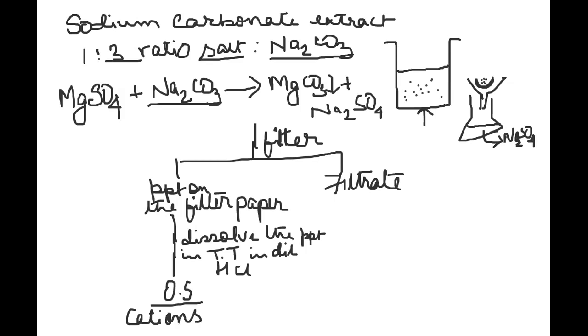All right, the filtrate is actually acidified by a suitable acid. Why I am saying suitable acid is because if you are going to test the filtrate for the anion sulfate, you cannot add sulfuric acid and test for sulfate ion, because in that case you yourself are adding the sulfate ion. You cannot add HCl and test for chloride ion because you yourself are adding the chloride ion. Hence, a suitable acid is taken, meaning if I am testing for sulfate ion, I can acidify with any other acid other than sulfuric acid. If I'm testing for chloride ion, I can add any other acid other than HCl.